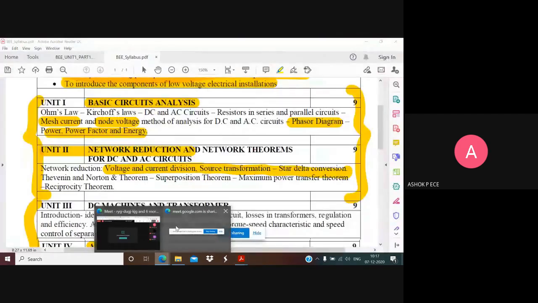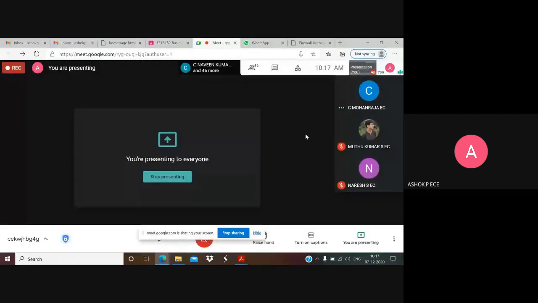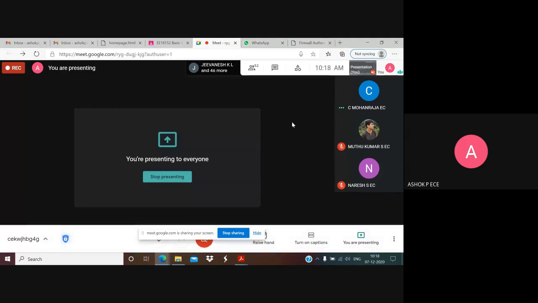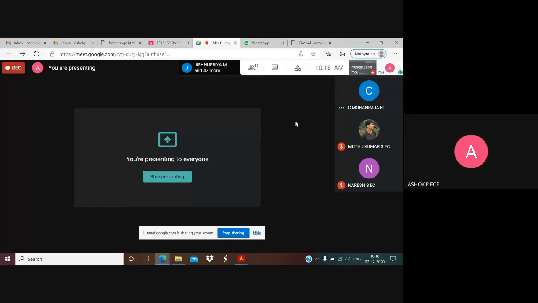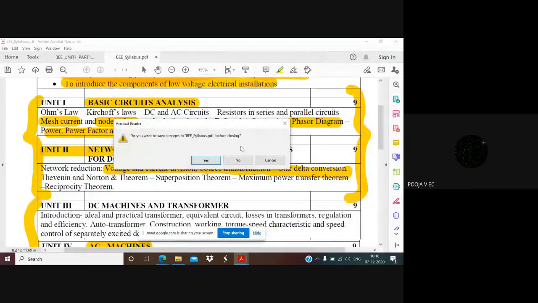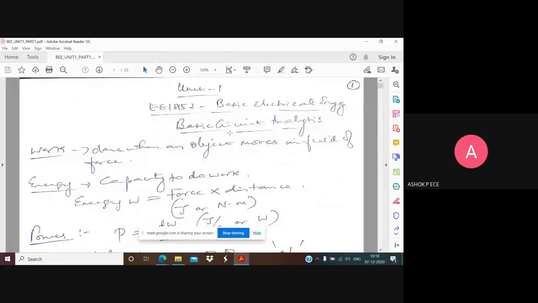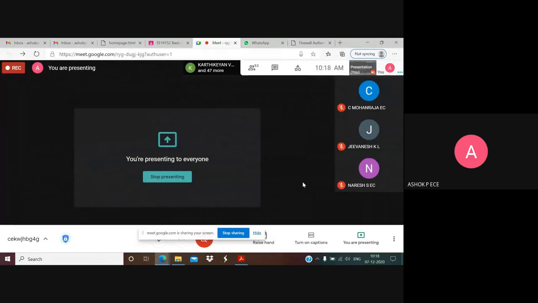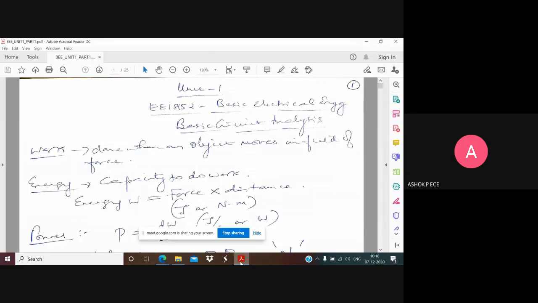The syllabus is framed. Is anybody having doubts or any clarifications you require in the syllabus? You can ask. If you don't have anything, we'll start with unit one. Is anybody having doubts on how the units are framed and other things? No, right? No, sir. Okay, we'll start with unit one. Somebody called me. Nothing. Okay.